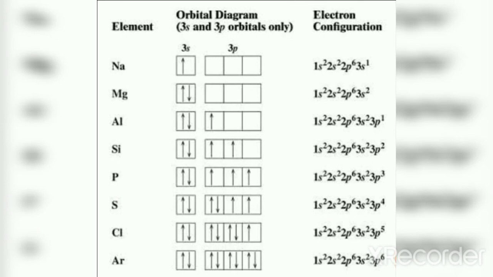Consider the third period. Here n is equal to 3. From the electronic configuration, we come to understand that filling of the third shell takes place and that the 3s and 3p orbital gets filled with electrons. Note that though n is equal to 3, 3d orbital is not taken in third period. The 3d orbital is taken only in the next period, that is fourth period.